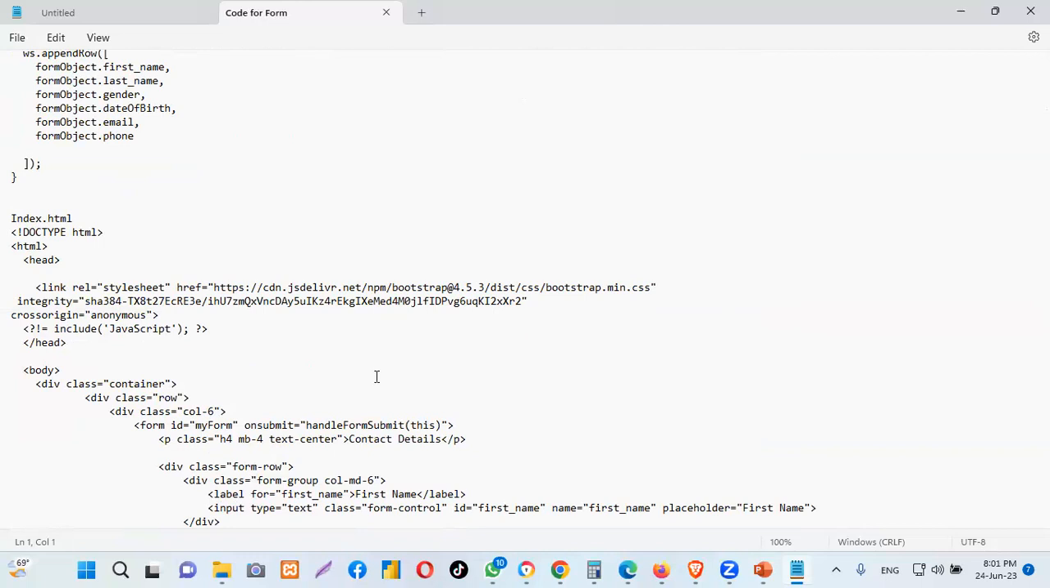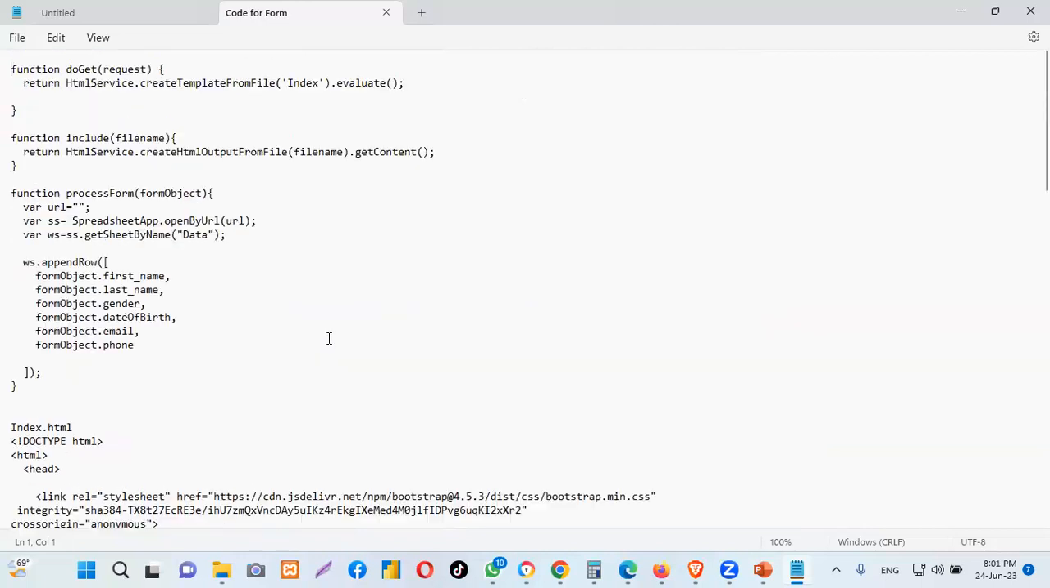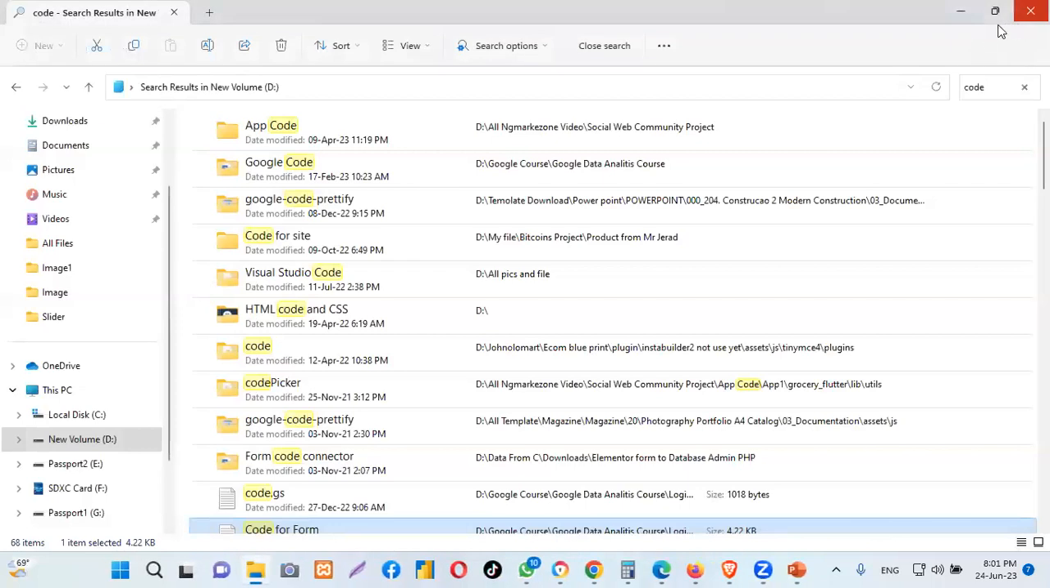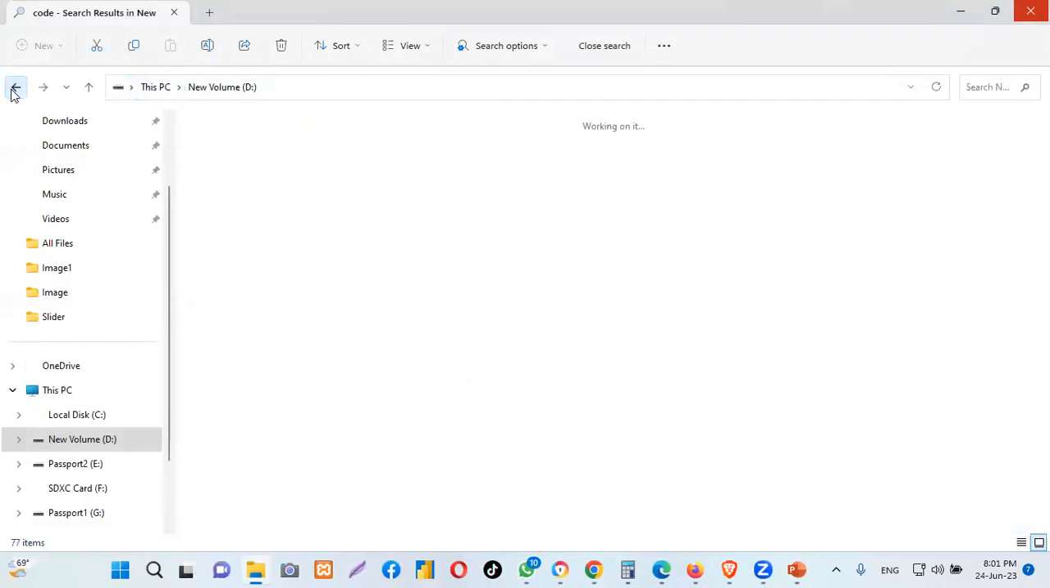So apart from this coding, there is nothing else you can use Notepad for. So this is Notepad for you. There is a limit on what you can do on Notepad. Now let me also open the